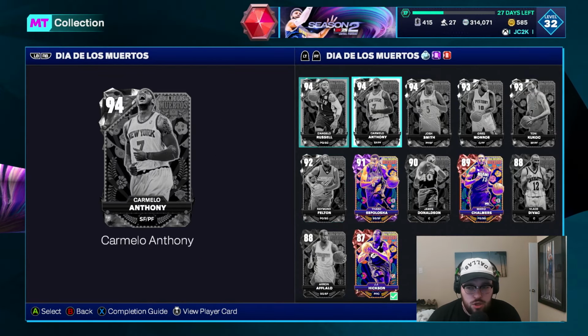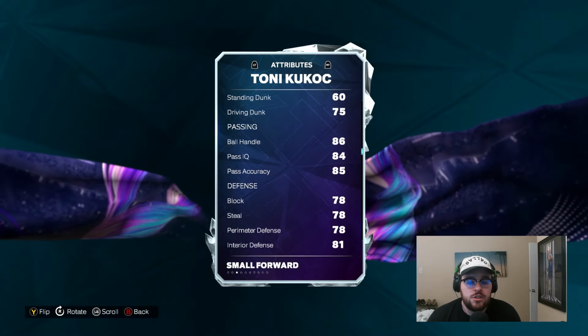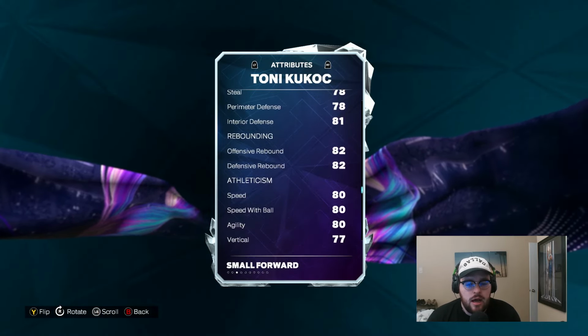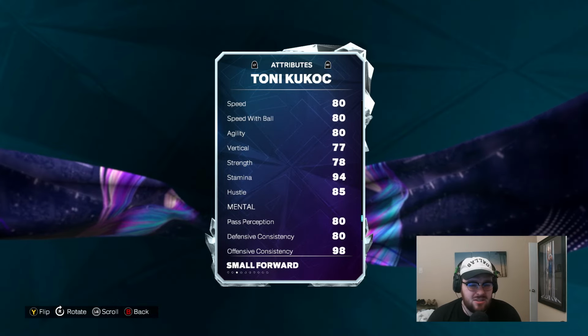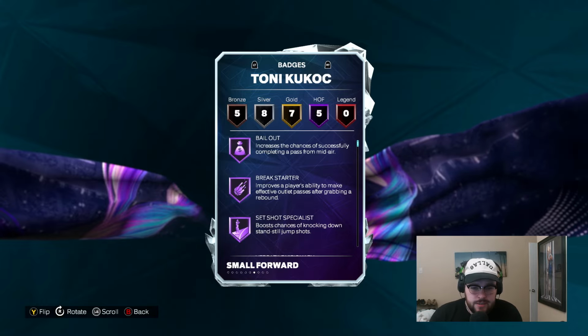After that, I'm going with Toni Kukoc. Kukoc is big. He's 6'11" at small forward, and he has a good release. The problem with this card is defensively, he's not exceptional. Decent speed, agility, but not special at all. I mean, 80's certainly not getting the job done. I would compare him to Michael Porter Jr. and